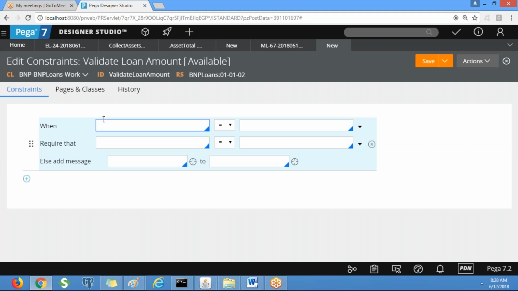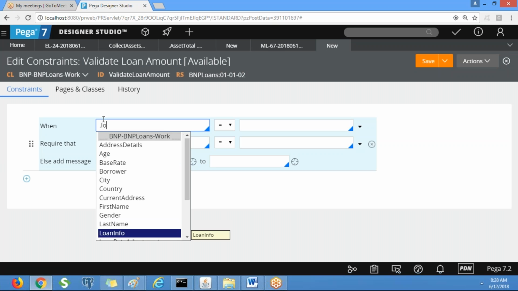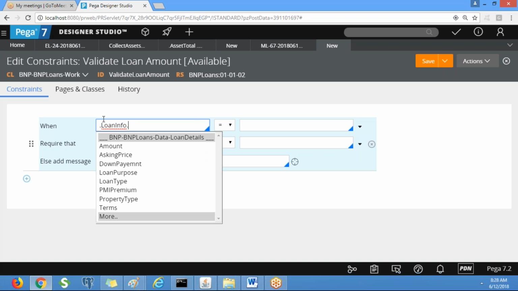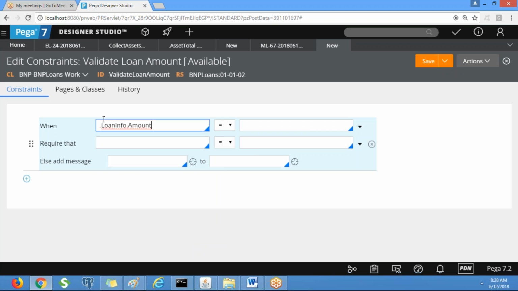Yes, right? When loan info dot amount. So amount property is there in loan info page, right? So loan info dot amount is greater than 50 lakhs. 50 lakhs, right?